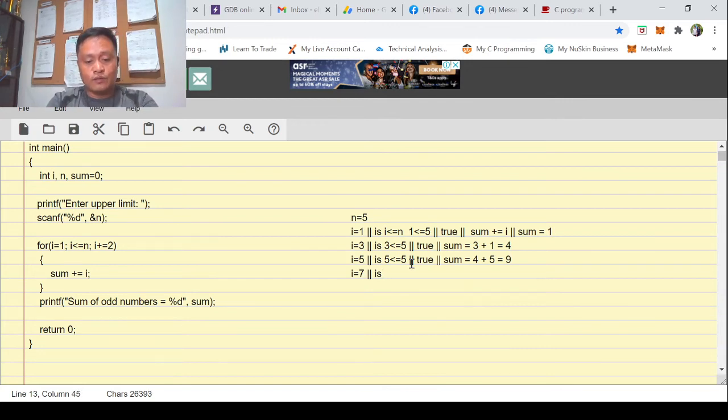That makes the condition false, right? Is 7 less than or equal to 5? No. So the condition is false. Now since false, do not perform the loop body, but exit the loop and perform this one. So what's the output? The output says